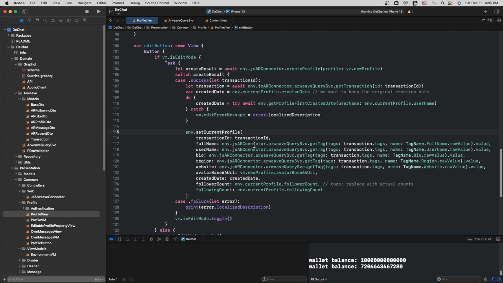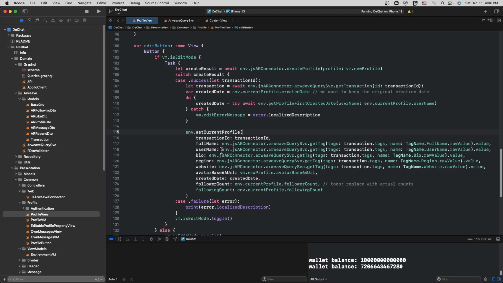There is a JavaScript-specific API, which of course uses JavaScript. And then there is a GraphQL-based API, which I am using for most of the querying portion of the Arweave activities that I'm doing with the application. So in this video, I'm going to focus on those pieces.